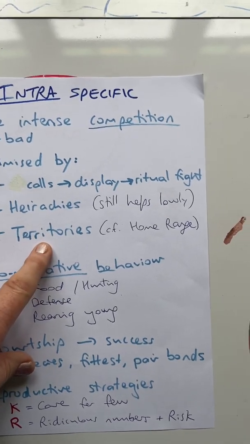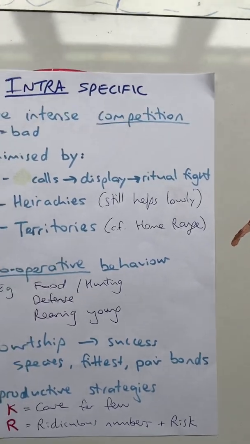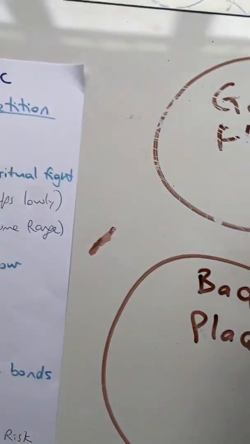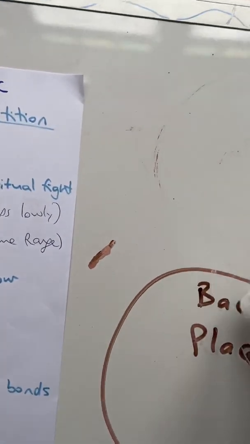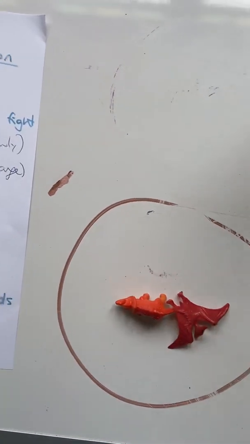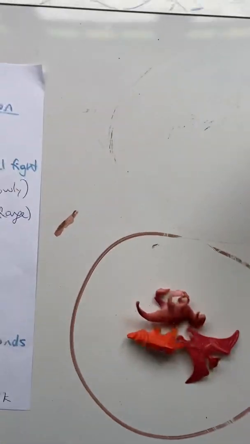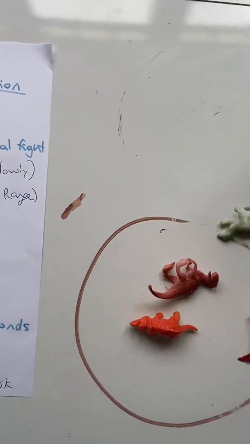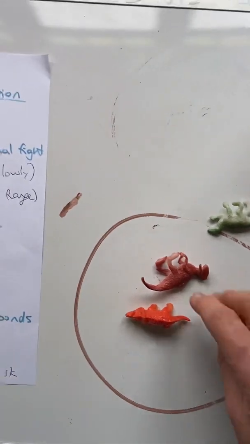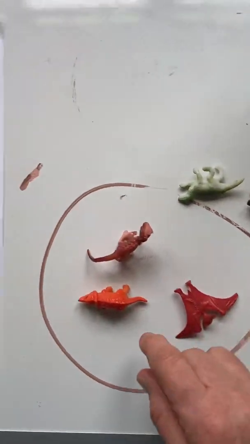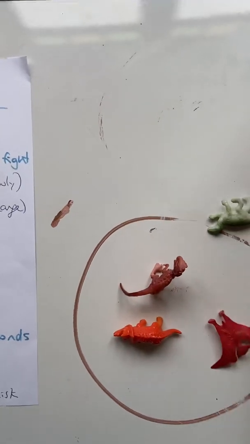Now territories are areas where, so I'll move back over to our circles. We're going to go to that, and we're going to say this is now the territory of these animals. So these orange animals all live in here, and this is their territory, which they will actively defend. They will fight off anybody else that's going to try to come into their territory. Usually their babies are born in here, their food supply is in here, and they will fight to stop anybody